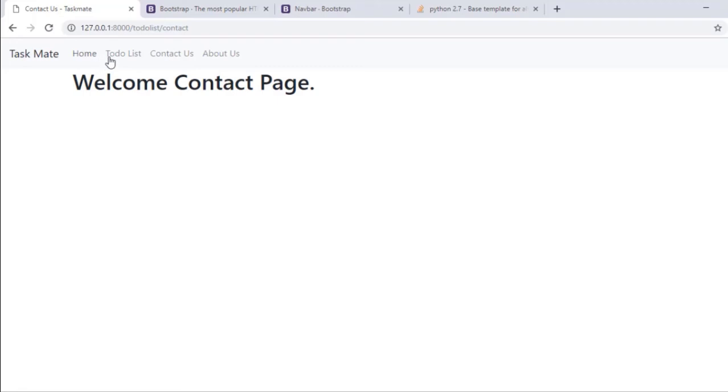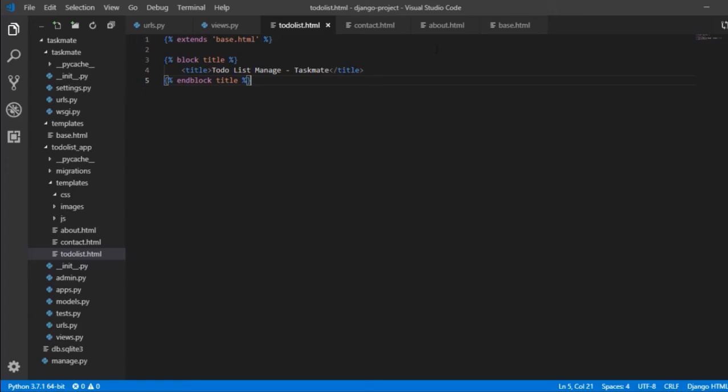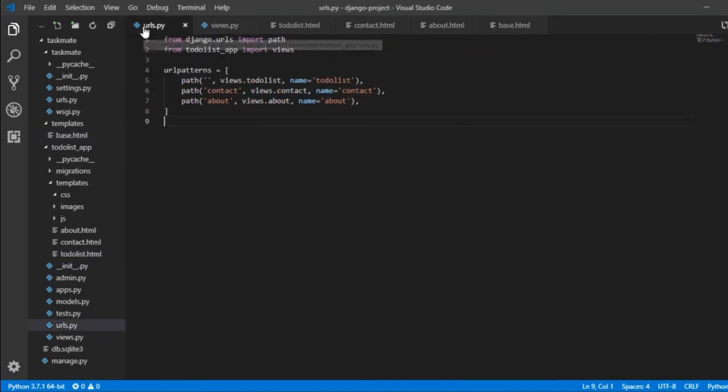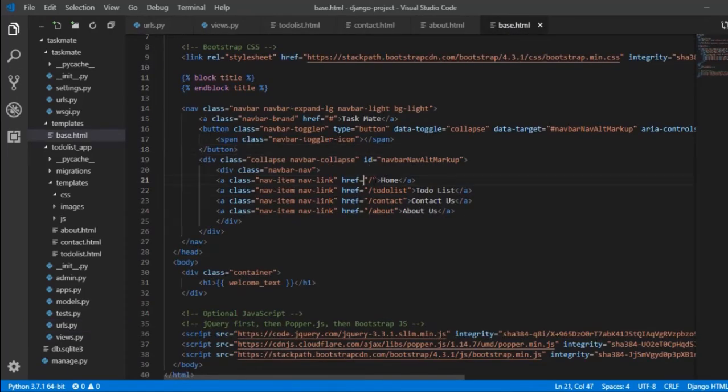Now let me fix these URLs, because if I go here, this worked fine, but if I now go to my contact us, it is going to give me an error, or if I change any link, I need to replicate them on my base file. So for that we can use Jinja. Remember, in our URL section we gave a name to each URL. This URL name is really important, as I said earlier. Now let us use our Jinja here.